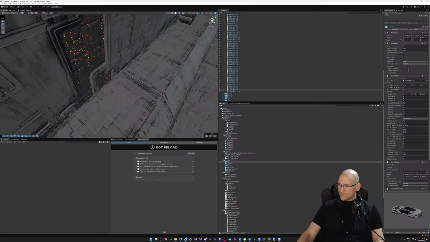Oh, trucks work. I can pick up the cubes, I can grab them, and so far in the design of the game, I need to be able to grab those cubes and drop them off at depots. So my next task is probably going to be towards the depots. Yay. All right, let's